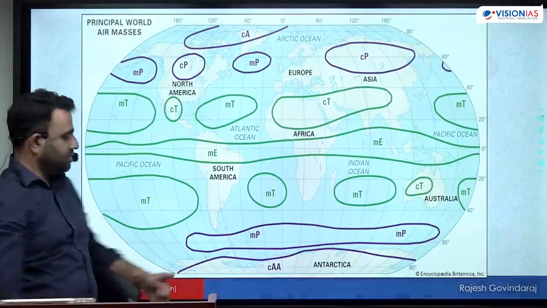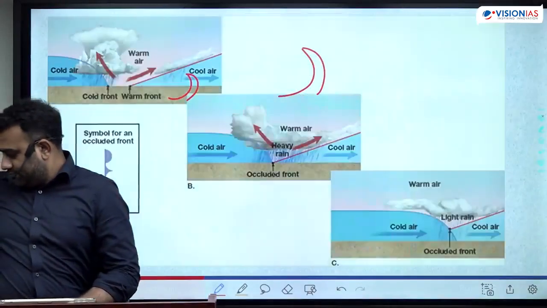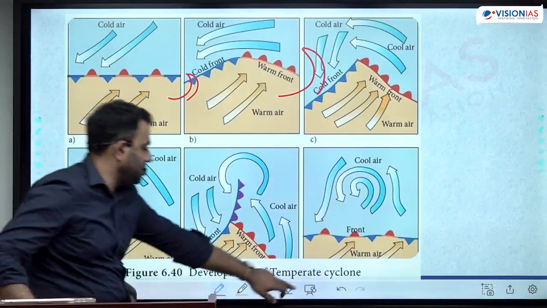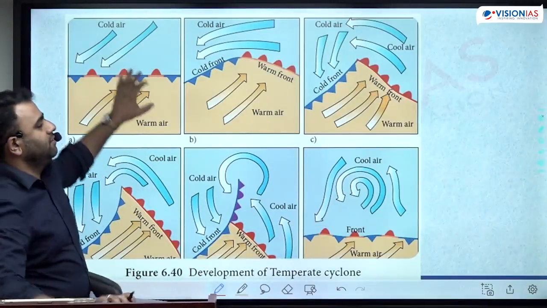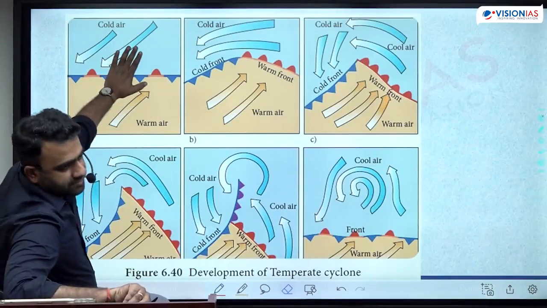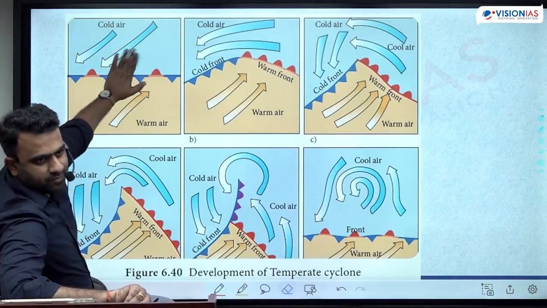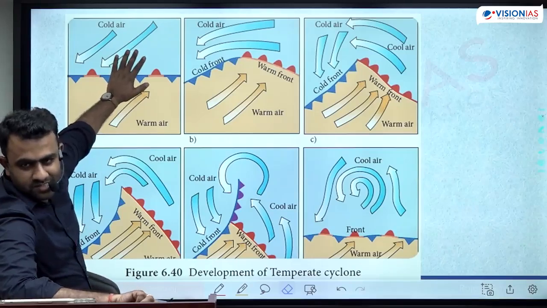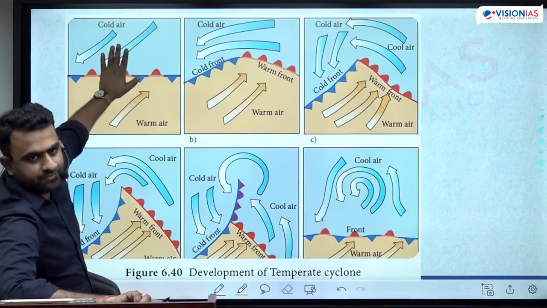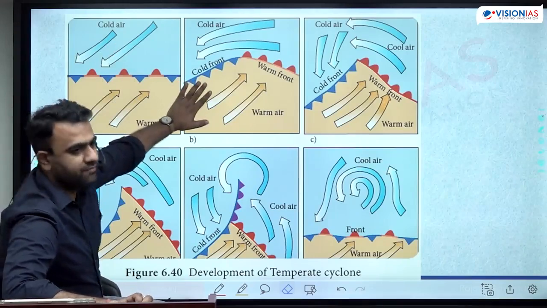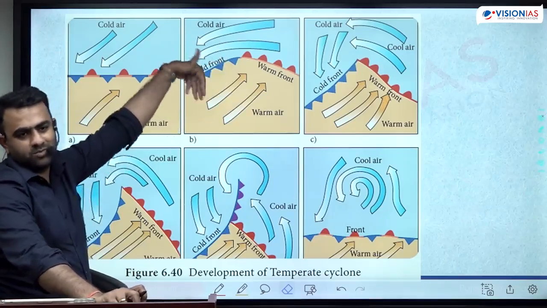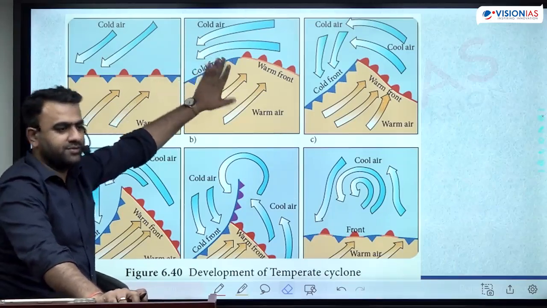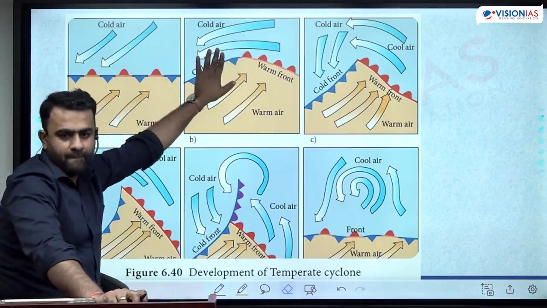Okay, so you will have to draw this figure. Sixth stage. Just quickly repeat this. First stage is stationary front. Where two different air masses have come closer towards each other, there is a formation of stationary front. Second stage is wave front, because with the development of low pressure somewhere, cold air mass gets pushed on one side, warm air mass gets pushed on another side. There is a cold front, warm front.